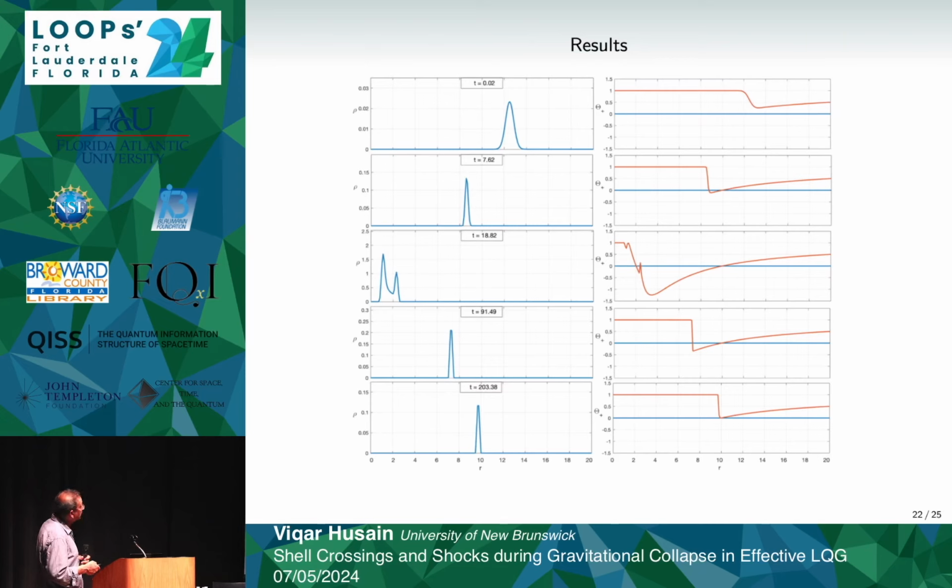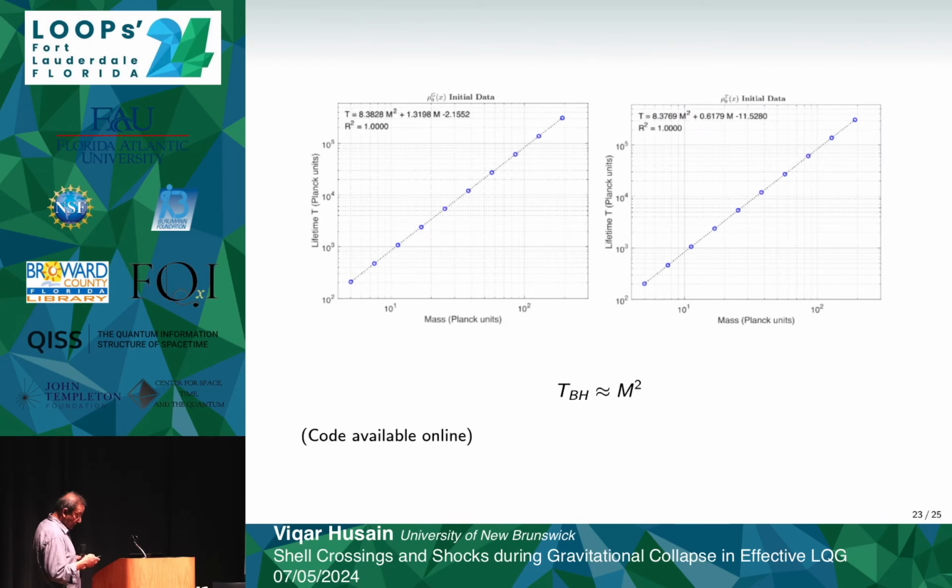Now we can extract more information from this simulation, and one of them is this. So there are two graphs here, and the top indicates a different type of initial data profile. We looked at two. We looked at the Gaussian density profile and a tanh profile, which is not quite like the Oppenheimer-Snyder because it's smooth and it describes a density which is concentrated near r equals 0 and slowly falls off to 0.